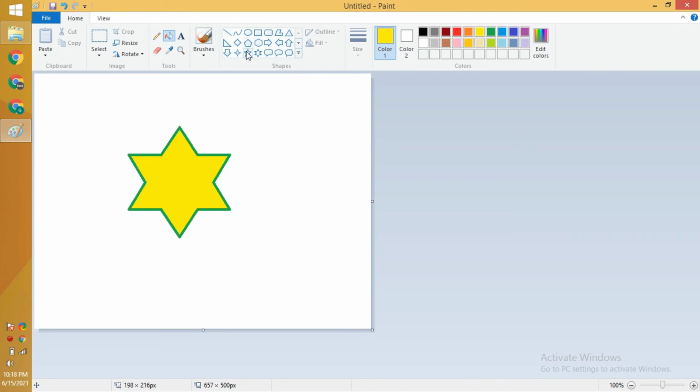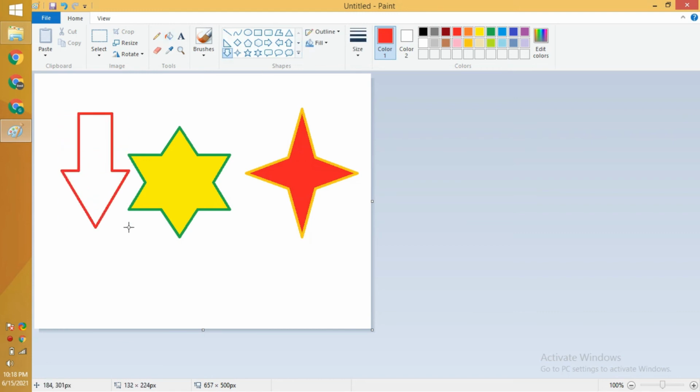You can choose some other shape like this one as well. You can draw a star. You can choose its color, which you want to print. This is really amazing. You want to draw some shape like this one. This is, I think, some arrow, and you can choose your color and you will drop it here. And friends, you can see it is very simple to use.